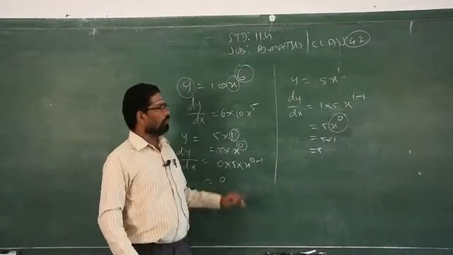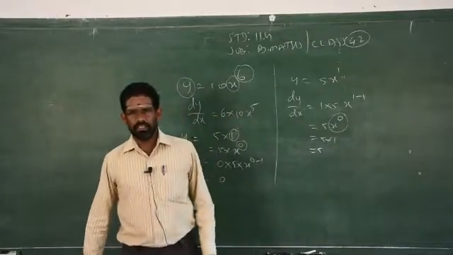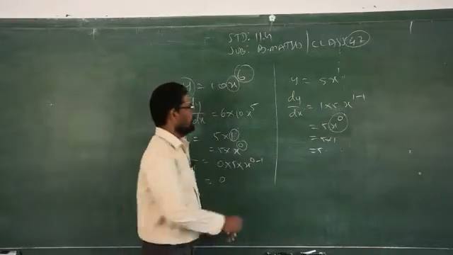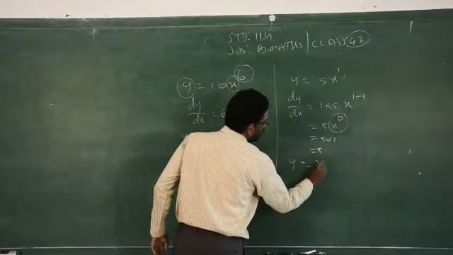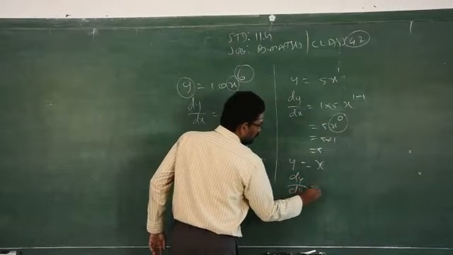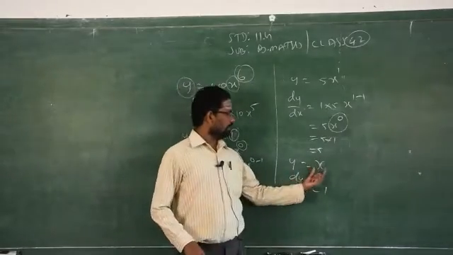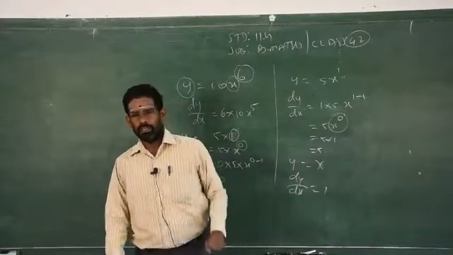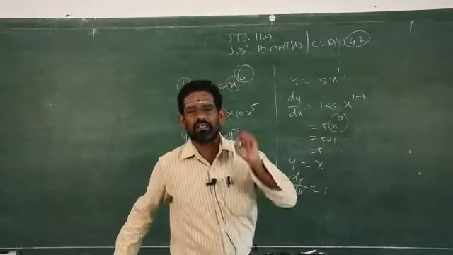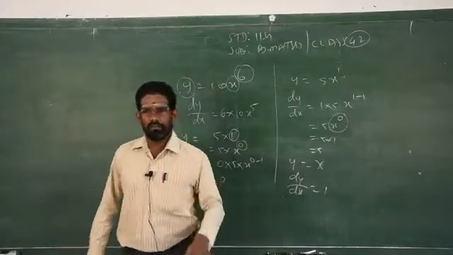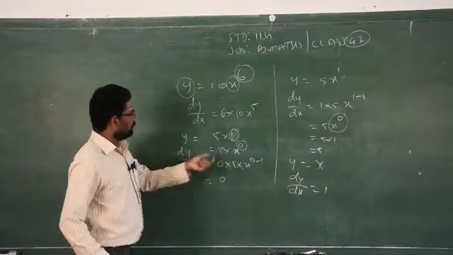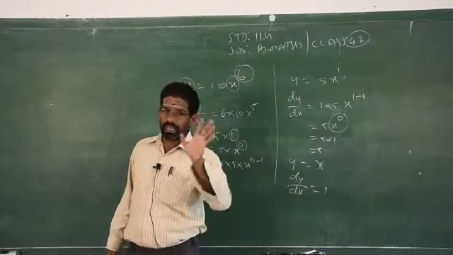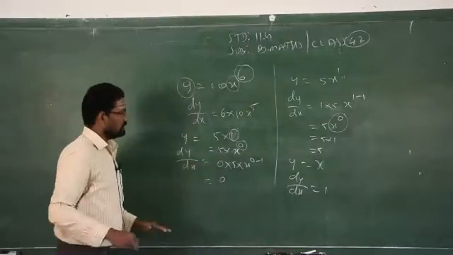So what will we conclude? If you differentiate x, it will be 1, and that 1 into whatever the constant is given, you have to write as it is. Suppose it is given y is equal to x, so what is your differentiation? 1. So differentiation of x is 1. Differentiation of 5x is 5. Differentiation of 100x is 100. Differentiation of 10x is 10. Clear? But differentiation of only a constant, differentiation of 100, is how much? 0. Whereas 100x is 100. Clear? So this is the basic concept.